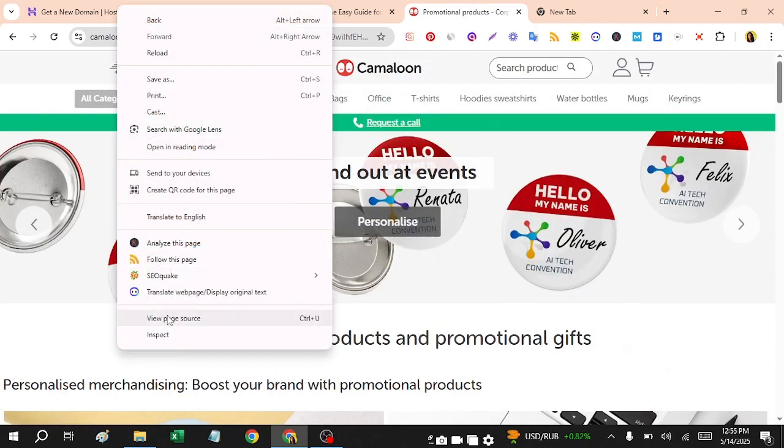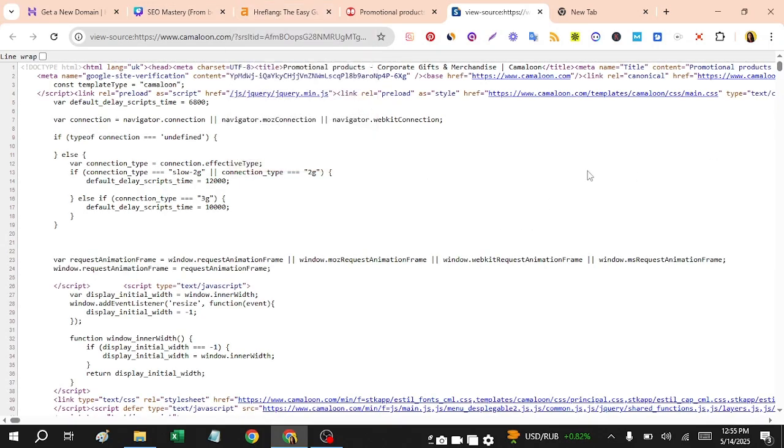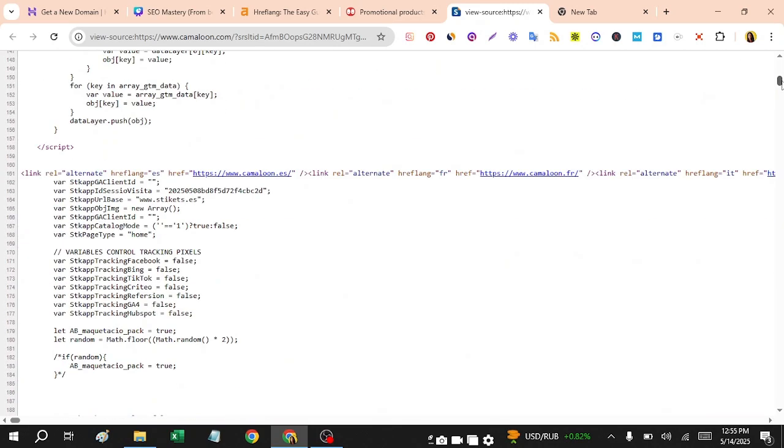These guys have made good use of hreflang. Here you can see the HTML of this particular e-commerce blog. If you just come down, you can see they're letting Google know, with link rel alternate hreflang, that this page of this blog has an alternative.